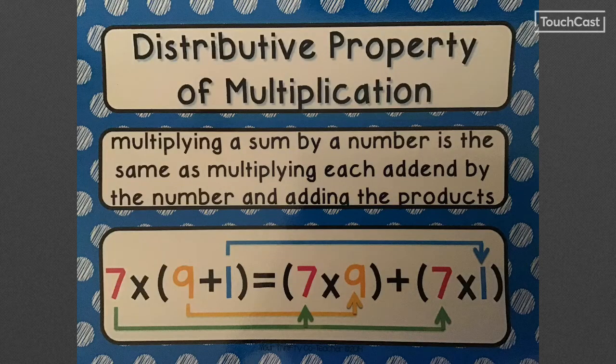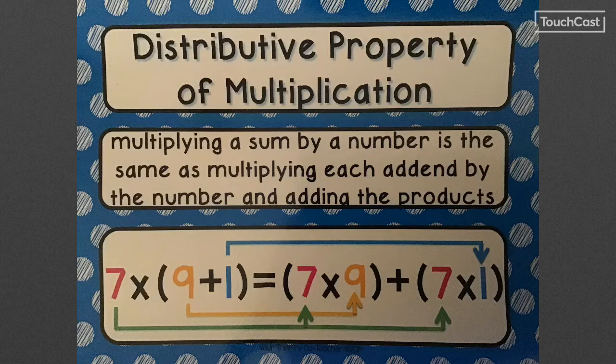Now the distributive property of multiplication is special, because if you notice, it actually contains both multiplication and addition. This is going to be the only property that contains both multiplication and addition in the same equation. So by multiplying by a sum of a number, it's the same thing as multiplying each addend by the number